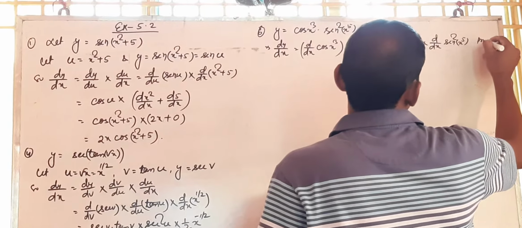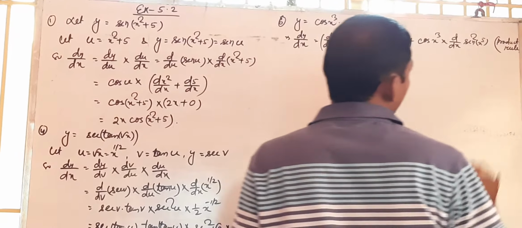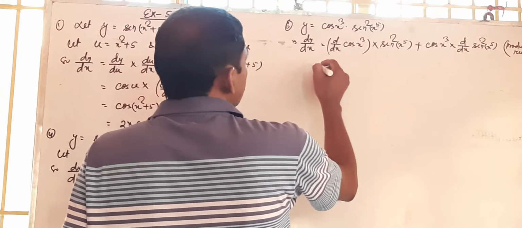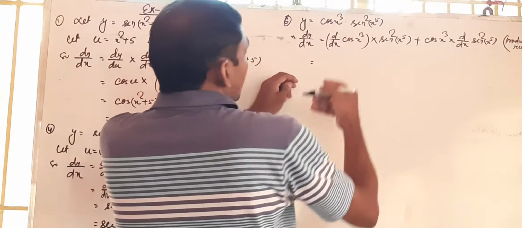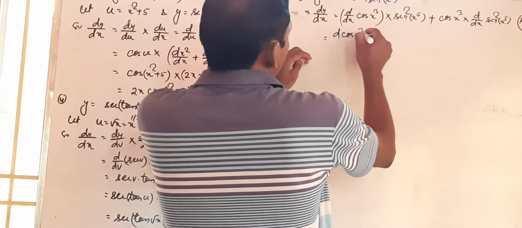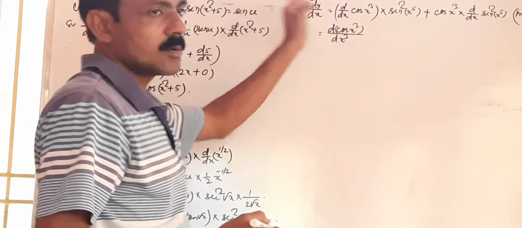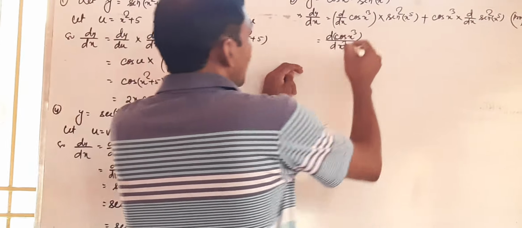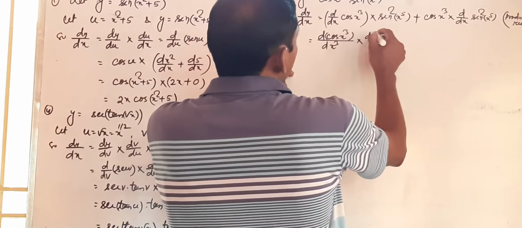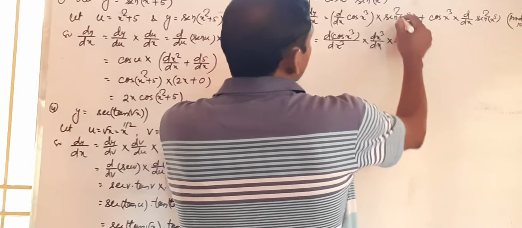This is by the product rule. Now this is equal to, now what is it? Derivative of cos x cube with respect to x cube. First you remove the outer portion, into the derivative of x cube with respect to x, this one, into this sin